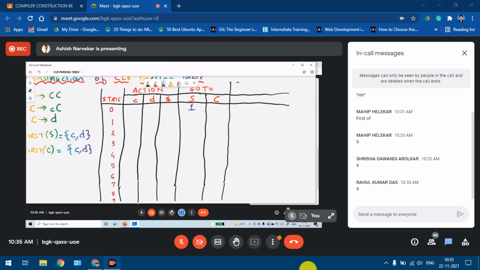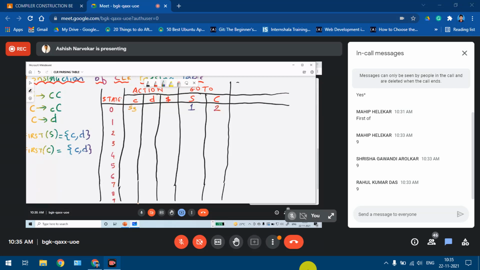On capital C, from 0 it goes to 2, so 2 will be entered here. On small c we go to 3, so the entry will be shift 3, S3.